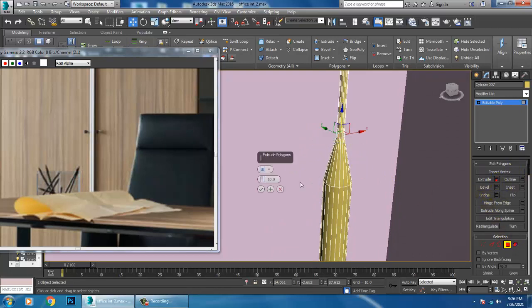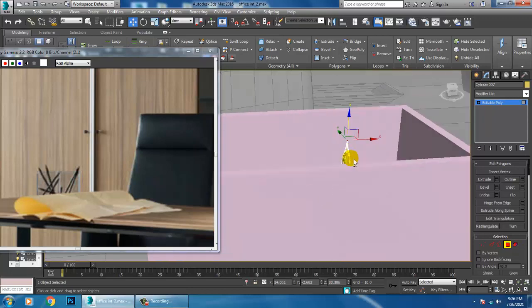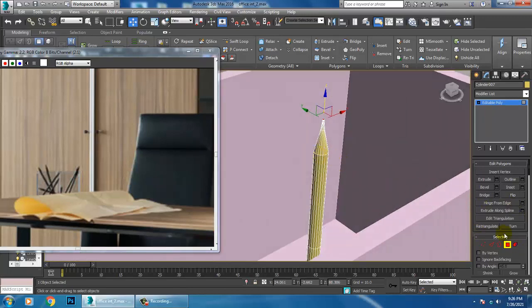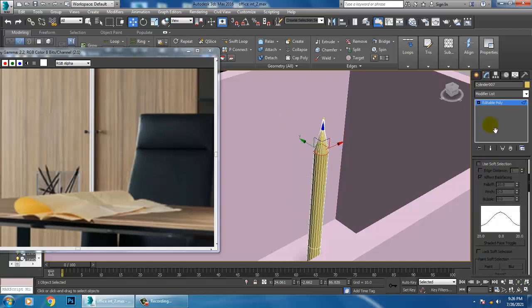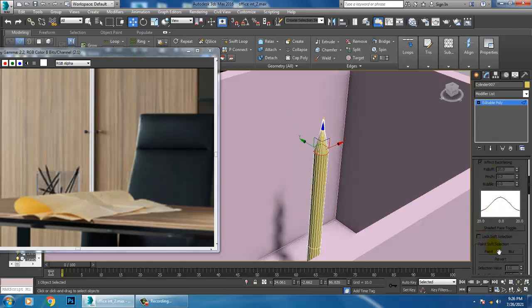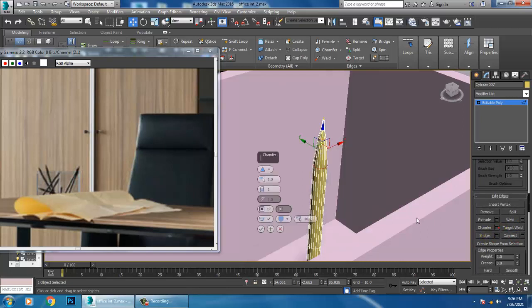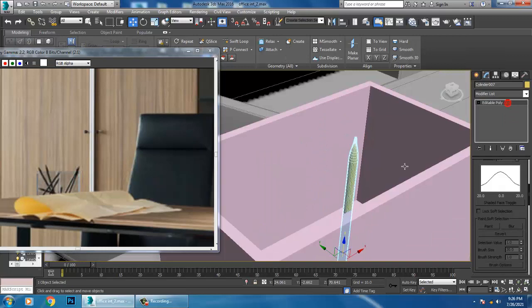Again, extrude it and slightly scale that. Select these edges again and give a bit of chamfer. Let's click OK. That's it.